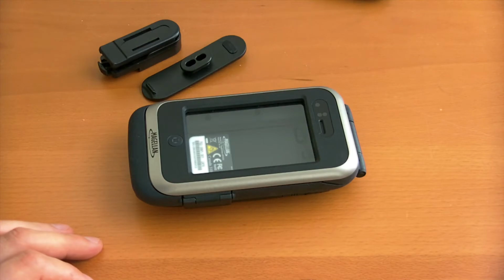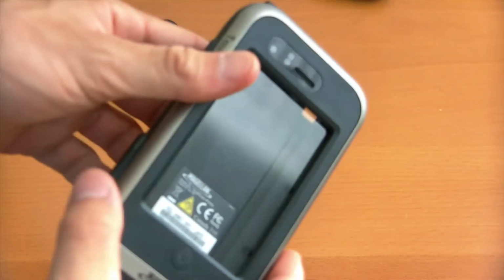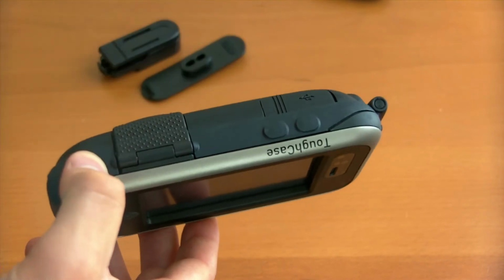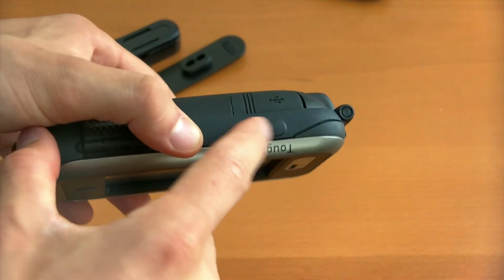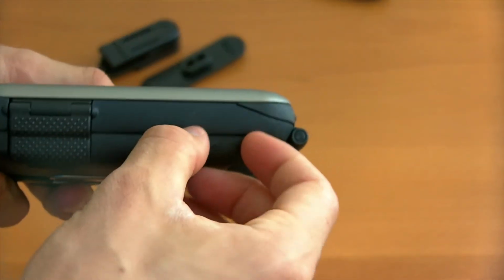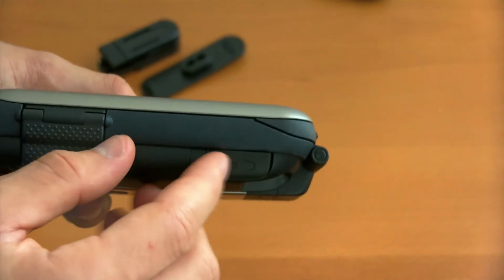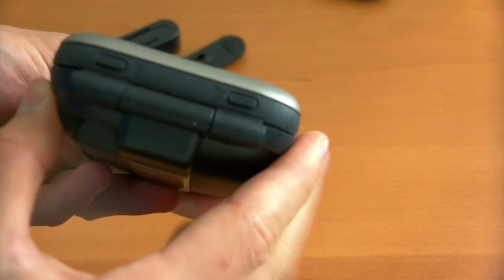Looking at the unit itself, we can see that it retains a lot of the functionality of your iPhone, which makes this unlike most rugged iPhone cases. You have your buttons there, and your volume buttons still work. Right here you have your headphone jack, which works through the 30 pin, because obviously your headphone jack is on the top. On the top we have buttons